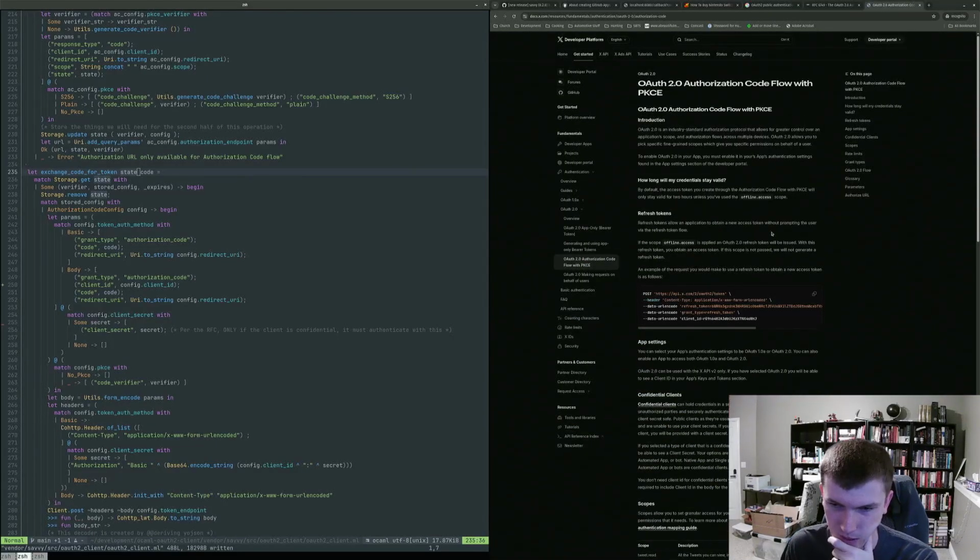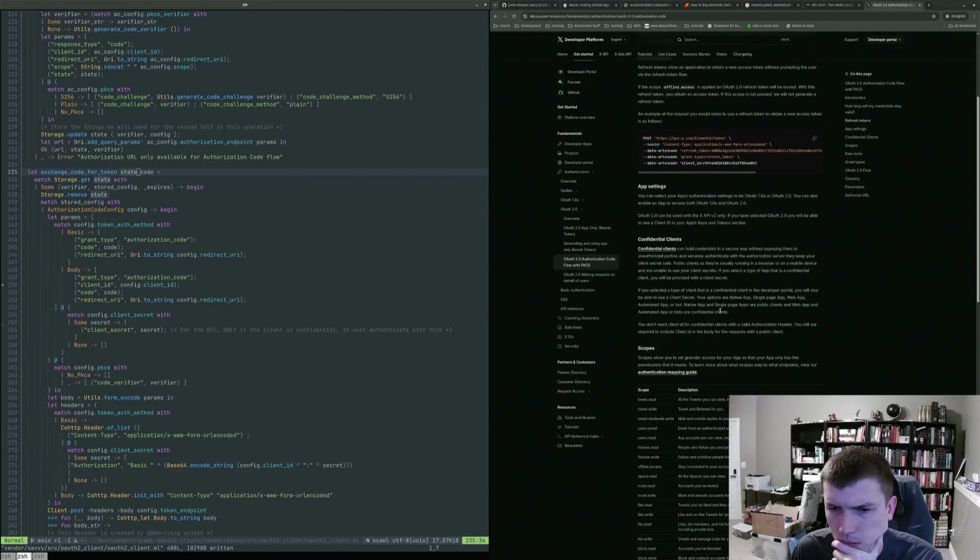Here's something from X. Let's see what they do. Refresh token. All my credentials stay valid. Okay, you're still required to include client ID in the body for requests with a public client.